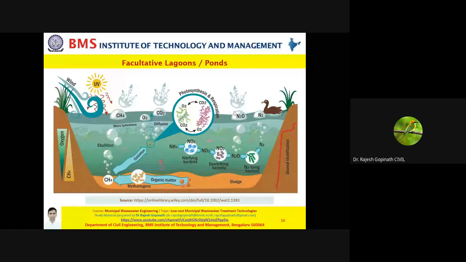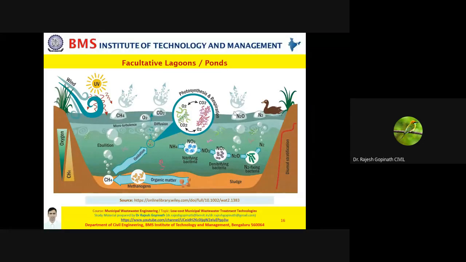Now let's go to the next one, the most important. As you've seen probably in the slide before, I showed you a typical stabilization pond. When I spoke to you about a stabilization pond, I had indicated the various organisms present. After I showed you the stabilization pond, I showed you the first type, which was an oxidation pond where there was no anaerobic condition. Then in the last slide, I showed you the second type of stabilization pond, which is basically an anaerobic pond, wherein you have only anaerobic process prevalent.